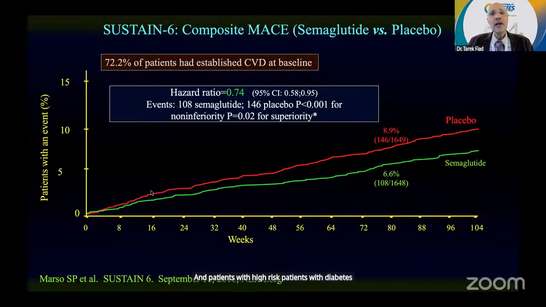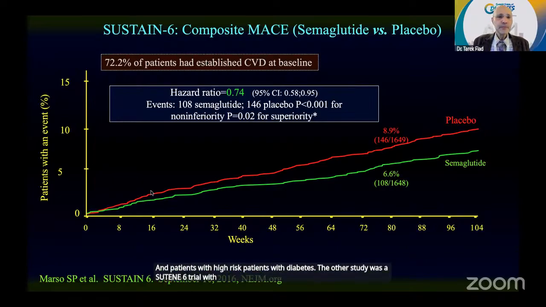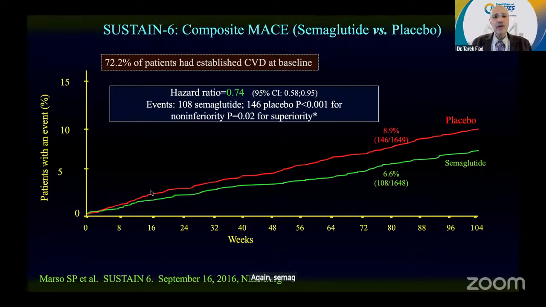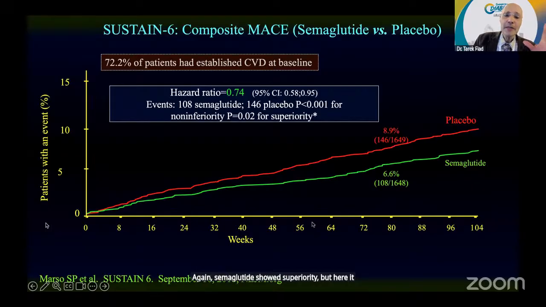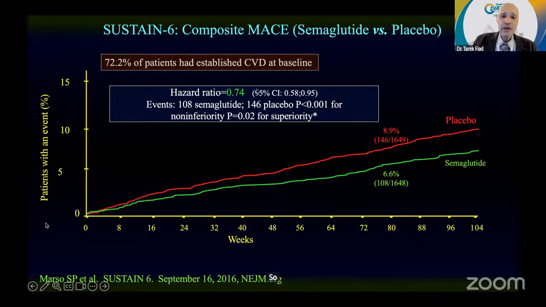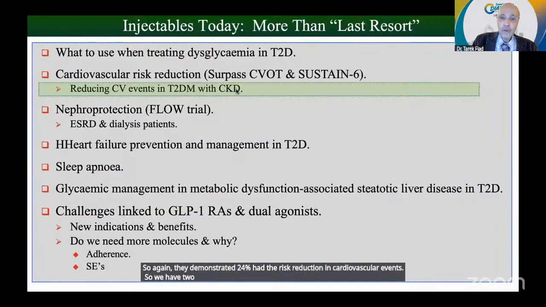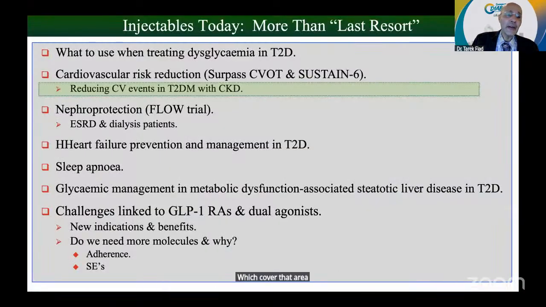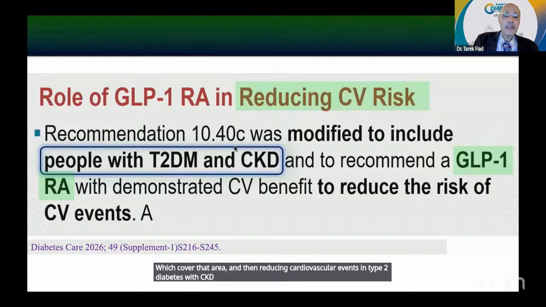The other study was the SUSTAIN 6 trial with semaglutide. Again, semaglutide showed superiority, but here the difference is over placebo, over standard of care. So they demonstrated 24% relative risk reduction in cardiovascular events. So we have two agents which cover that area, and then reducing cardiovascular events in type 2 diabetes with CKD, and this was a